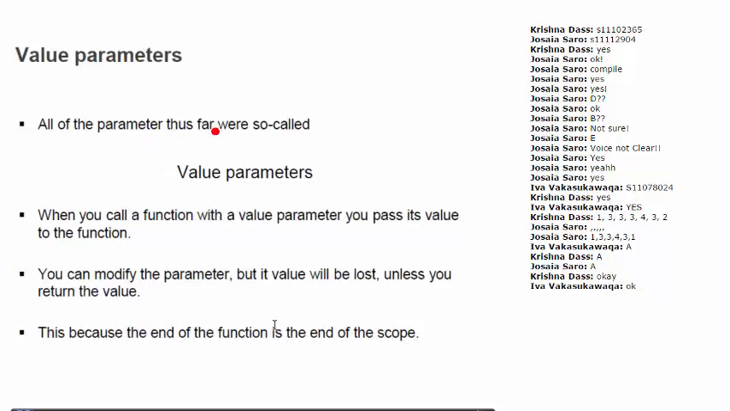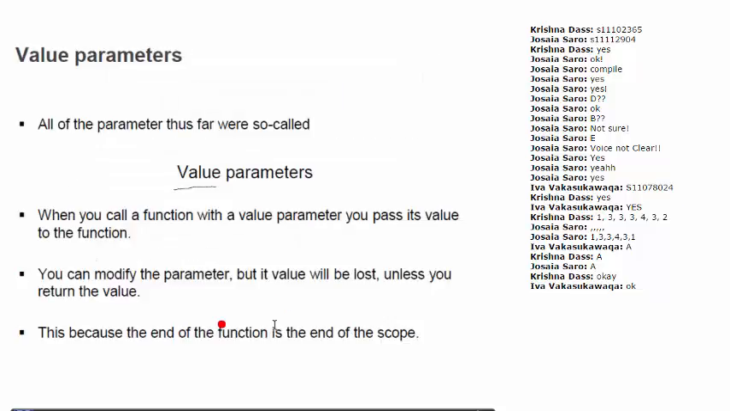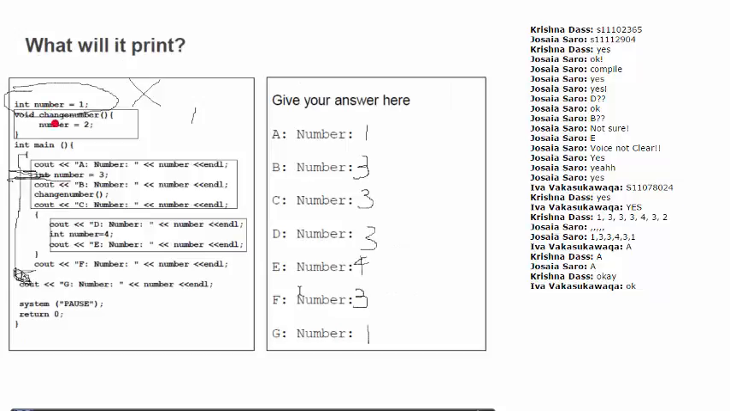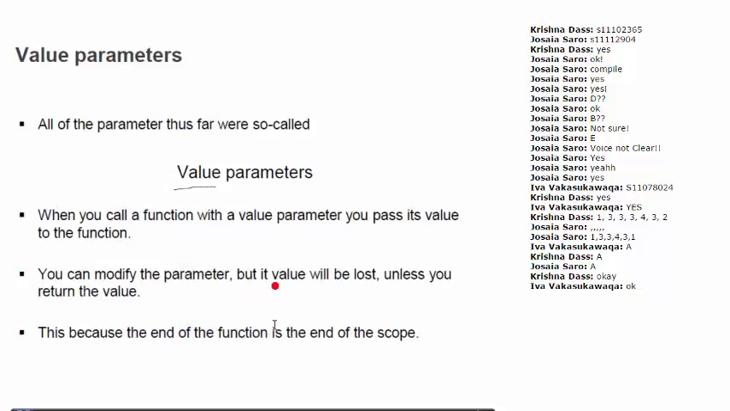So all of the parameters discussed so far were value parameters, right? This is a normal parameter, a value parameter. When you call a function with a value parameter, you pass its value to the function. If you had a gross pay here, and you change the value for gross pay here, the value of the gross pay will not be changed in the int main, right? The value will be lost unless you return the value. So the only way to get the changed value to the int main is to return the value. This is because the end of the function is the end of the scope,